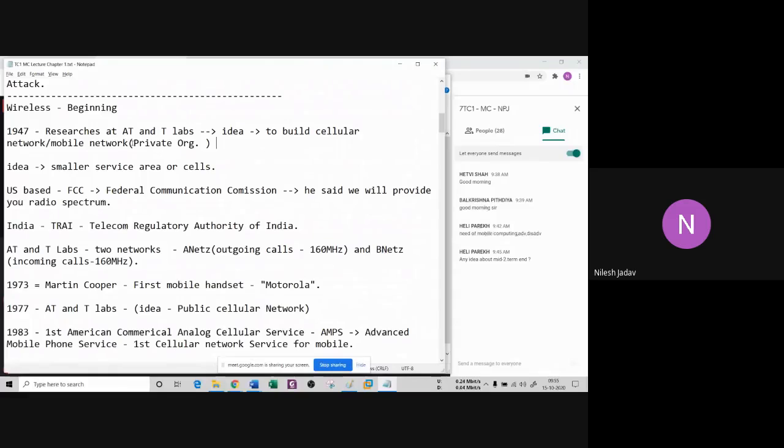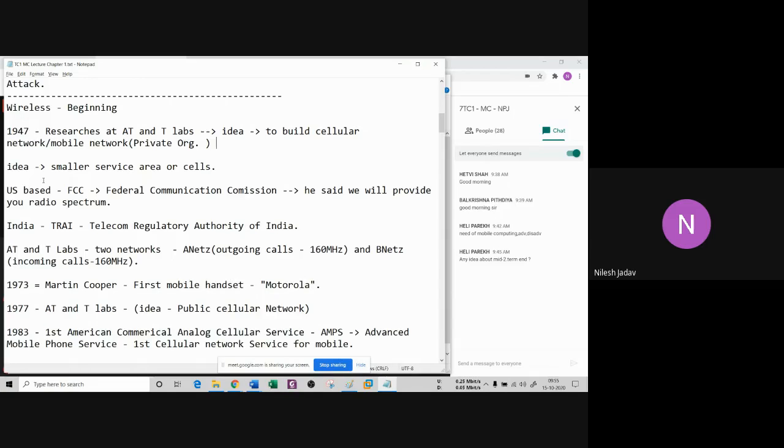So the idea is, let's create small service areas, and let's name it. So they built something called cells, which is a hexagon structure. I hope you now know there is a cell, which is a hexagonal structure, a theoretical shape, not a practical shape. We will discuss that in our second chapter. But the idea is to create small cells, and inside the cell, let's create some infrastructure. Let's put some MSC and all kinds of stuff of cellular network.